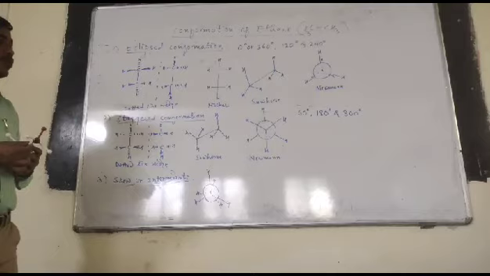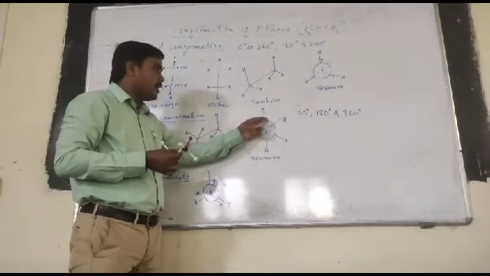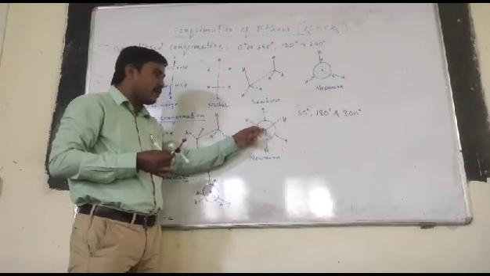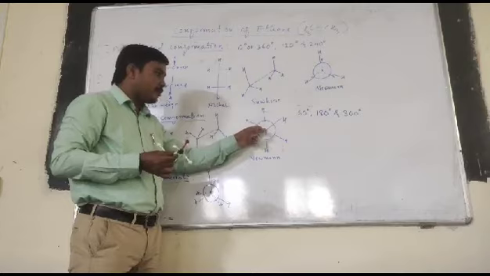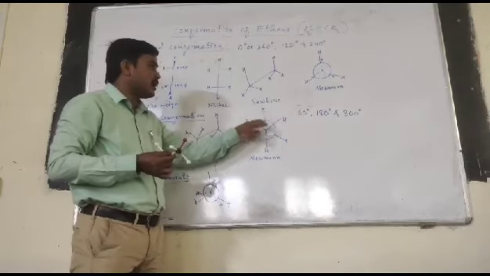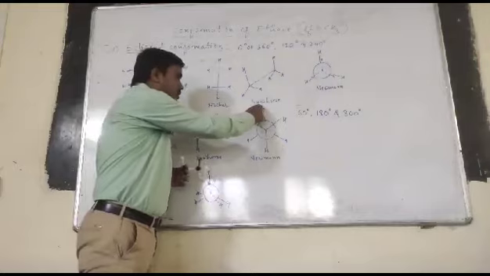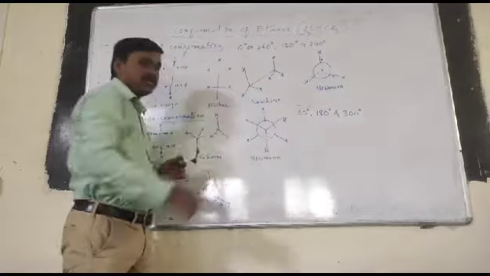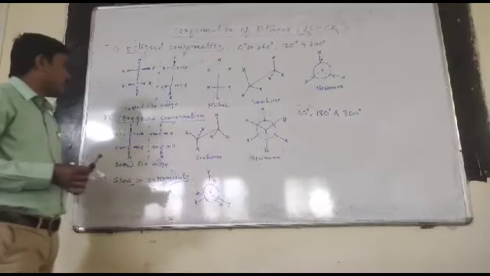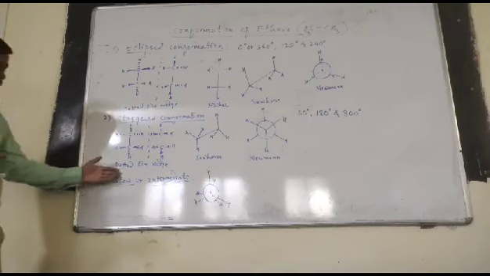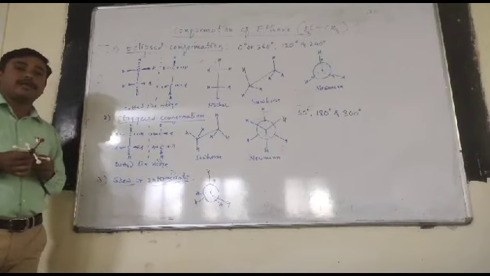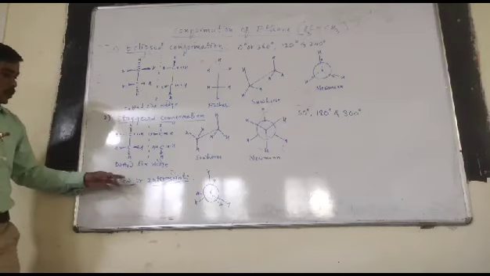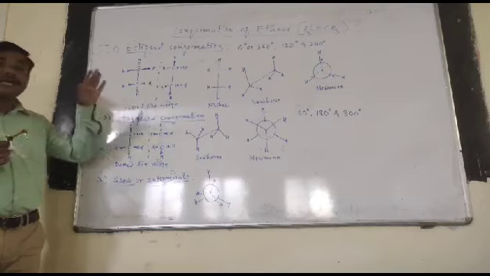And finally, in the Newman projection formula, the rear carbon atom is represented by the circle and the front carbon atom is represented by the point or dot, and the hydrogen atoms present on the front carbon atom and rear carbon atom are at the longest distance. So this conformation is known as the staggered conformation. And finally, the skew or intermediate conformation. Skew or intermediate conformation means there are an infinite number of conformations.